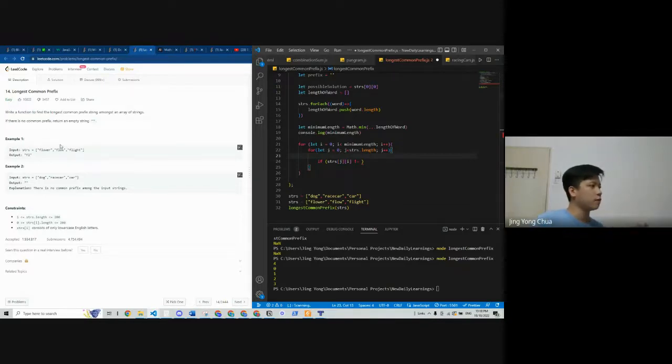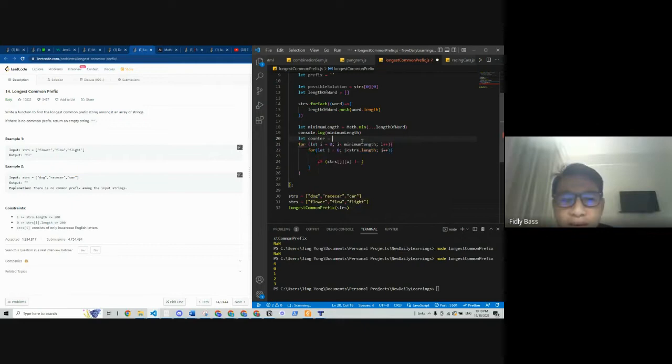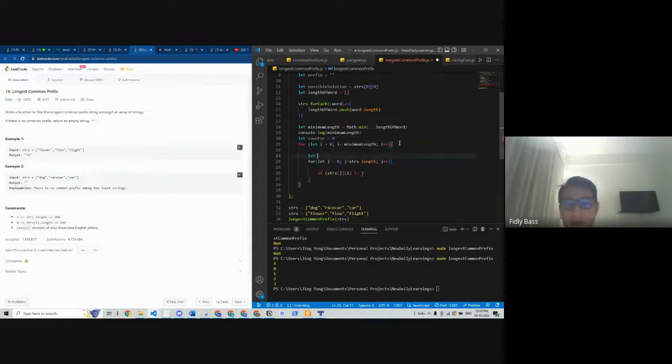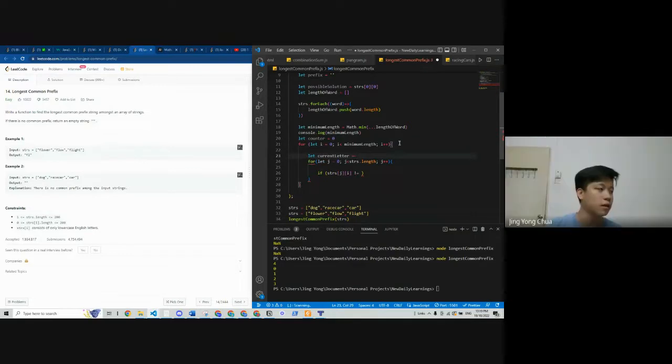Okay, if it's flower, flow, and flight, we're going to check if it matches F or not. If F matches, then we go to the next loop. If any of them does not match F, then we jump. If L, any of them does not match, then we leave the loop. Okay, so now we're checking first element, first letter. Oh my god. Current letter equals to